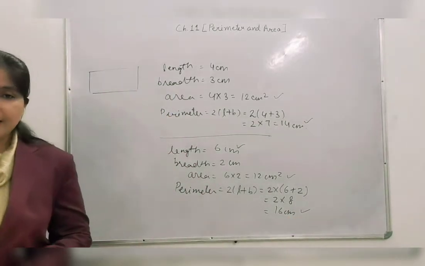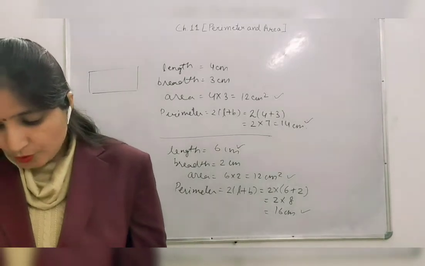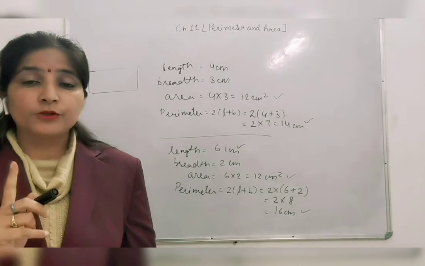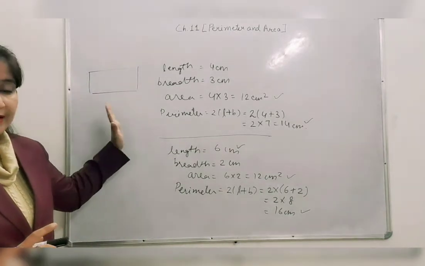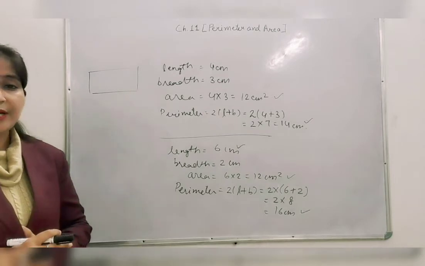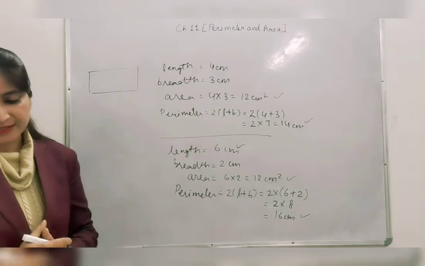One example I have told you, and here you can see it is asked to give 2 examples. 2 examples we need to tell. So another example where the area will be the same but the perimeter will increase, that you need to think and write in your rough notebook. Just practice it in rough.